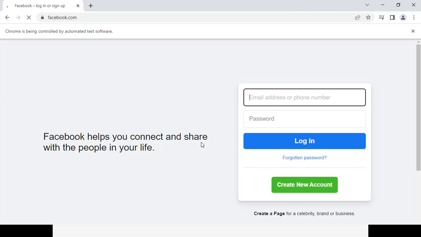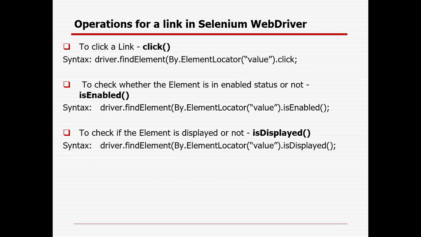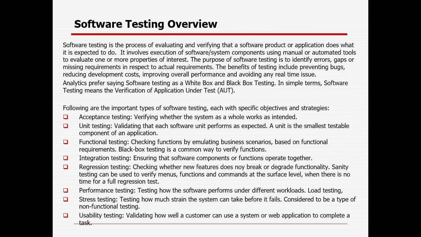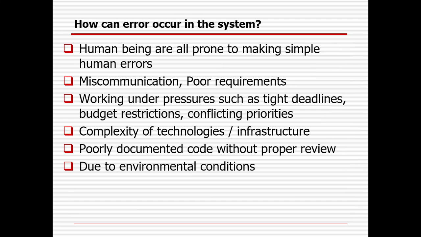So those are the different things I have tried to cover. We'll go through it once more, right? Testing you already know: white box, black box, starting with unit testing, functional, integration, end-to-end, regression, and non-functional testing, performance test, security. Then you can do alpha testing, beta testing, usability testing and acceptance testing. Because of an error, a fault will come, and if you do not solve the fault, a failure will come and your application will crash. These are the different things through which errors come: miscommunication, poor documentation, environment challenges, working under pressure.